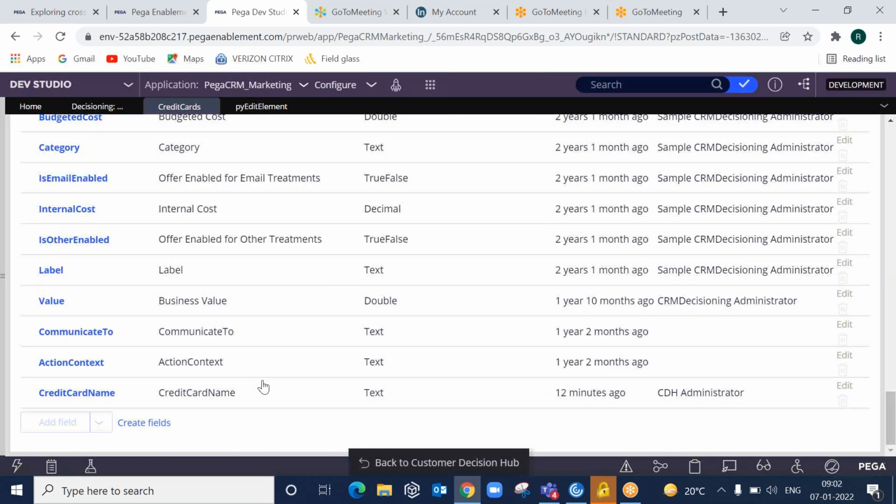Whenever you add a property here, it will simply come like a text input.